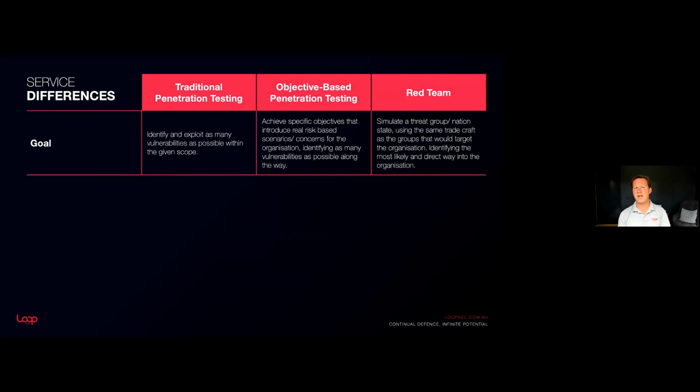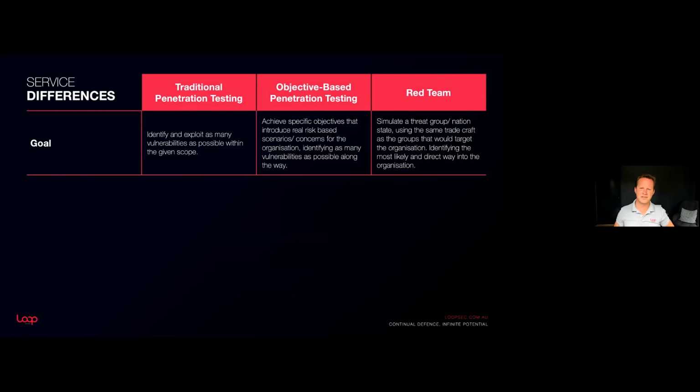It's a nice introduction if you're maybe not ready for a full-scale red team. Maybe you don't have the budget for a red team exercise. But we feel that red teaming is another key piece of the puzzle. And these three components really do work hand in hand. They're not replacements for each other. And hopefully you get a feel for that through the end of this.